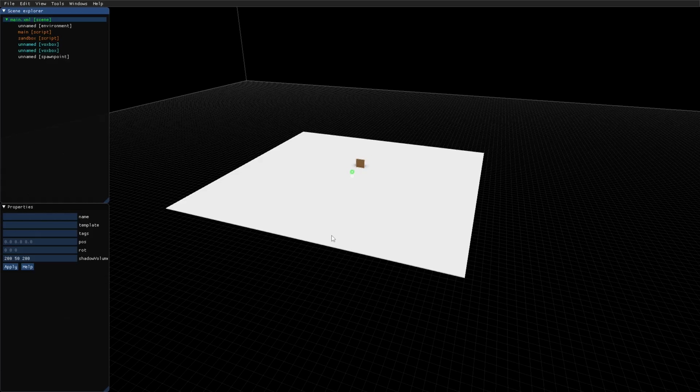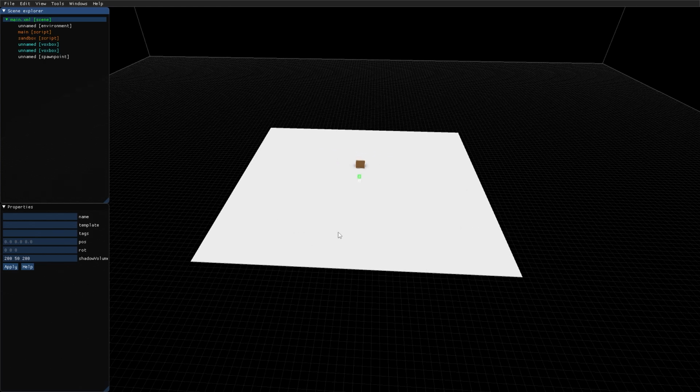So let's start by taking a look at creating your first scene. I'm starting with this base template that you get when you create a content mod. The first thing we'll take a look at is the shadow volume. By clicking this scene node up here, you can see that we have a property down here called the shadow volume.